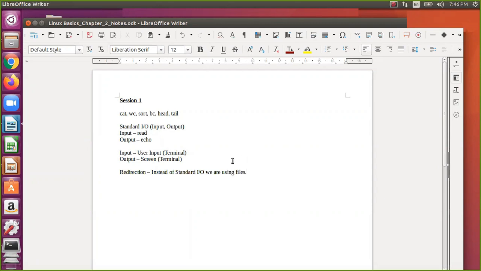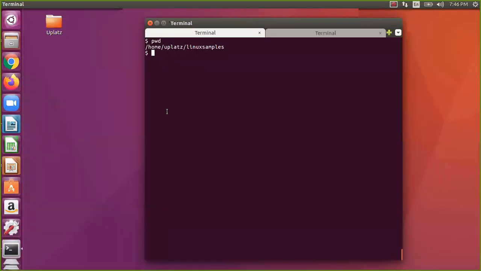Instead of standard input, the terminal user input, we'll take from a file. Instead of terminal output, we'll put it to a file. So input will be taken from a file, output we will redirect to a file. That is the IO redirection. Means input and output we are redirecting to files. So that is the thing.